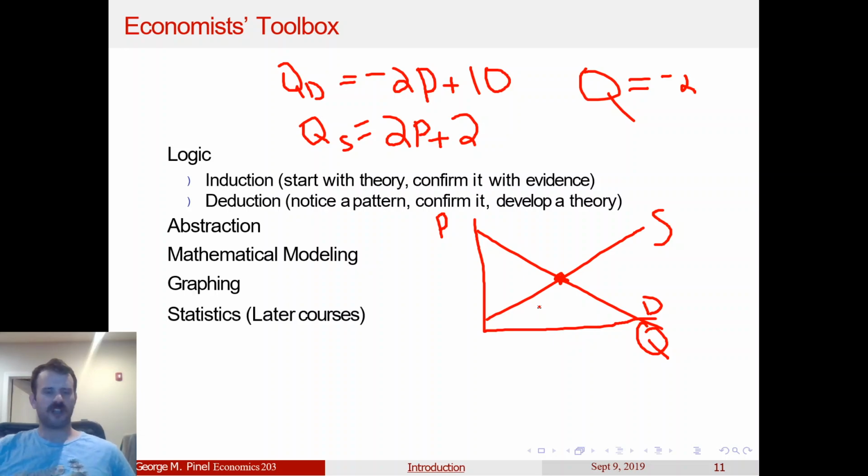All right. So let's say we have a little bit of data, and we want to test. We had our logic, we've made our abstractions, we've had our mathematical model, and then we've done a graph. But now we want to say, is this one of the markets where quantity demanded will actually decrease with price? What if we're looking at the market for X-rays, or the market for yachts, or the market for watch Rolexes or whatever, where price increases but quantity demanded will increase because price increased. We could back that up.